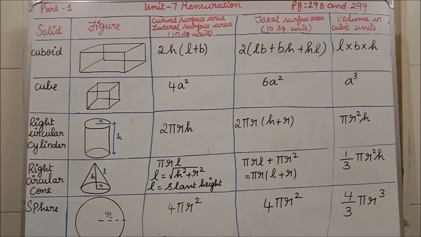See, I have written some of the formulas which is given in your book. These formulas they are given in your book in page number 298 and 299. See, I have written only very few formulas. Still the formulas are there in your book. Remaining formulas you are going to copy from your book. Clear all of you what I am saying?